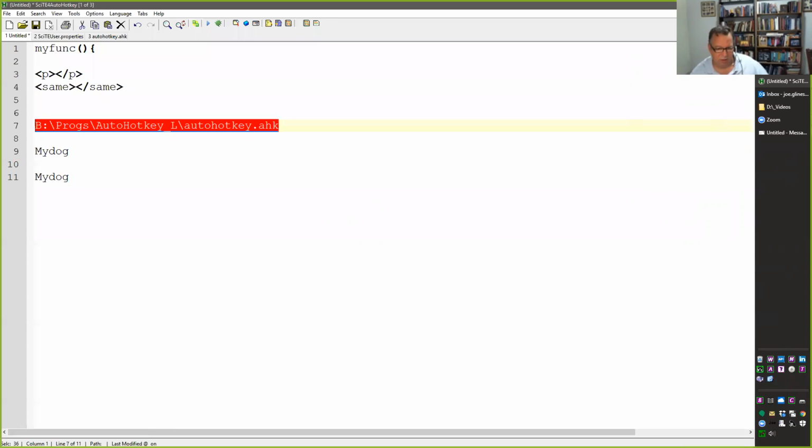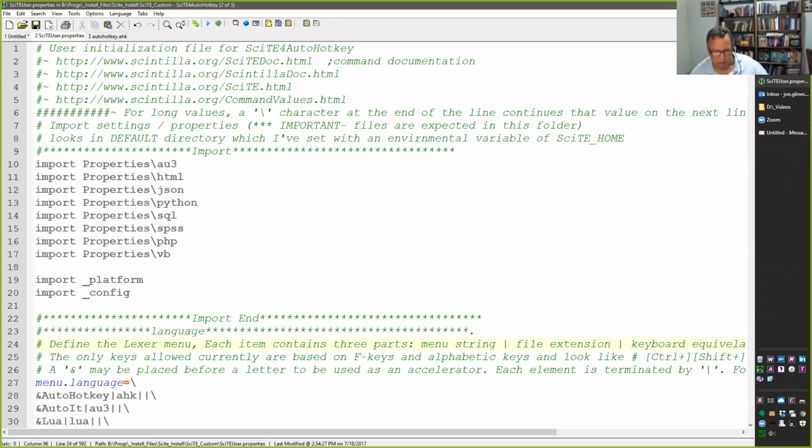This one, notice the last modified, it hasn't been saved, but my SciTE user properties. So here I show the path to it. I show the last modified at, I think today on 7/18, yeah, at 2:54. I also customized this top one to show me the path to the file I'm in and how many windows I have open. Which actually reminds me,